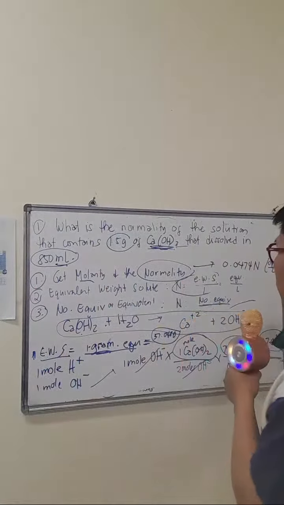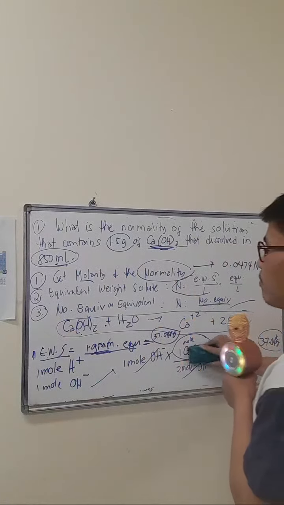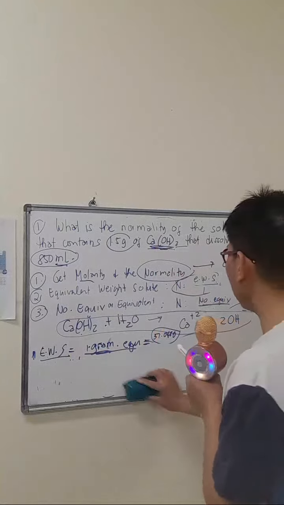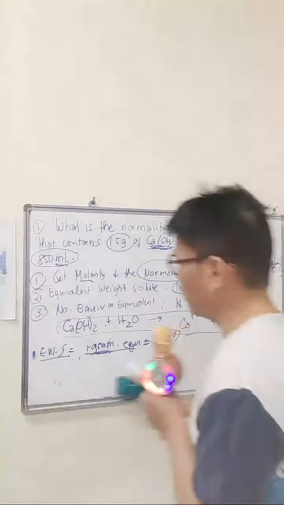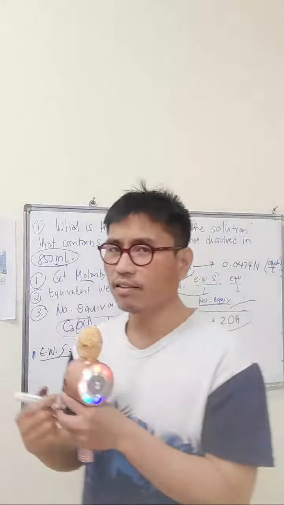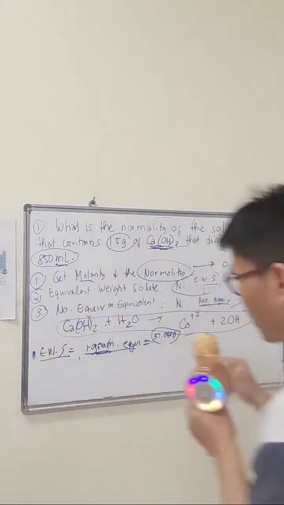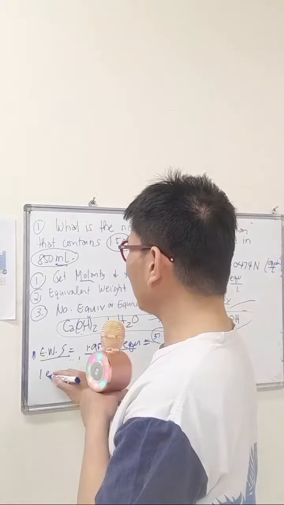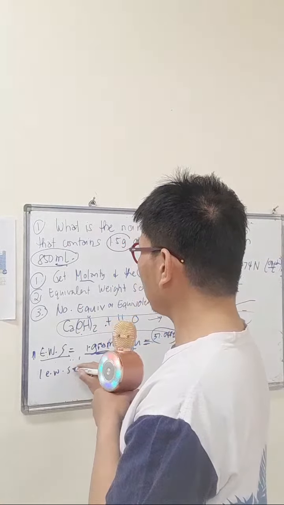So that our explanations can be followed. Ratio and proportion. Algebra 101. 1 equivalent weight of solute is equal to